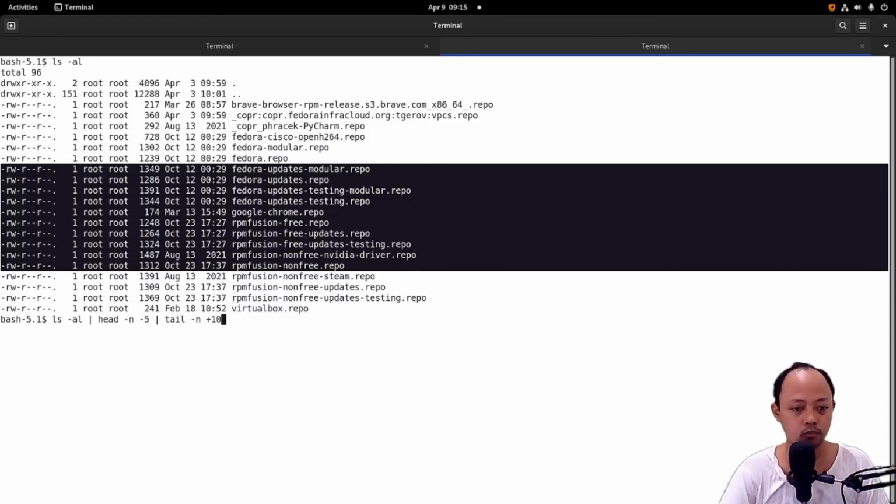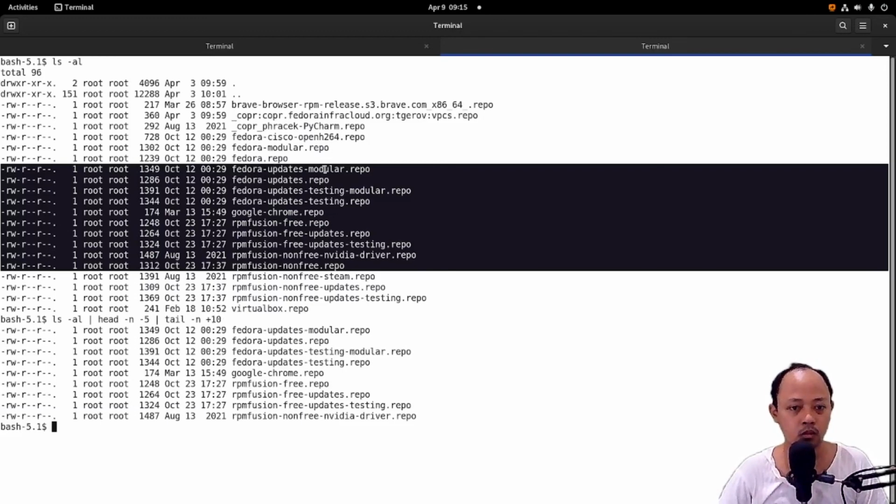Let's execute. Modular repo, and then NVIDIA driver. Okay, so 1, 2, 3, 4, 5. I'm sorry everyone, I did something wrong with my count. So these last 5 lines will not be printed. So this is the exact output.